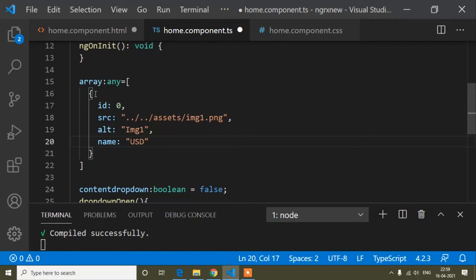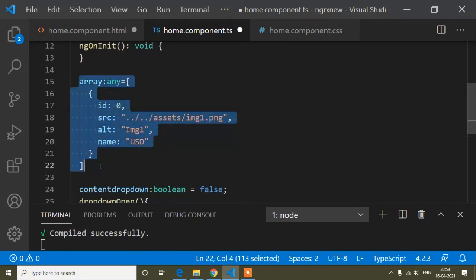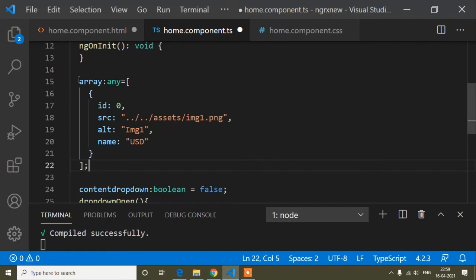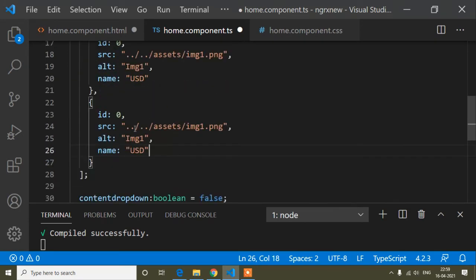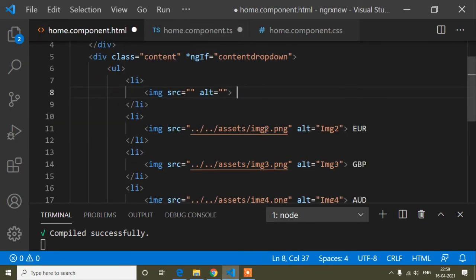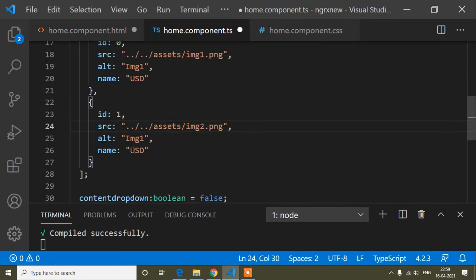So now suppose this one, when we get any data from API, it comes like this in an API. Here I don't have an API, so I have created an array in the TS file. Now again I will copy this one and paste here. I will just change the ID to 1, and I will change the image. So guys, the image name is 2, because you can see here the image name is 2 and the alter tag is euro.